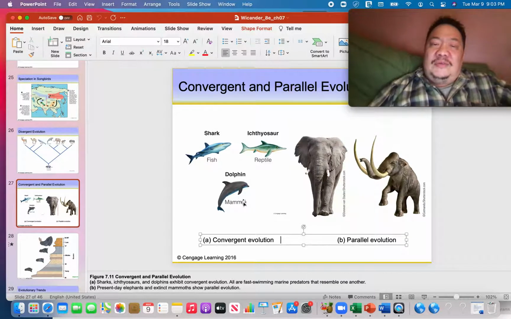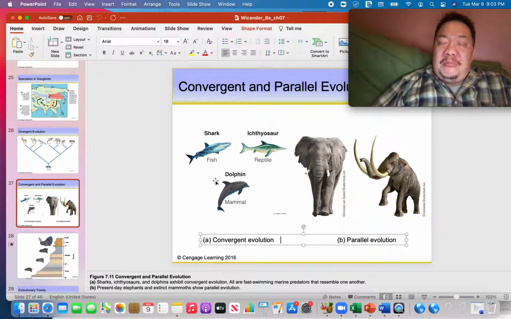So convergent evolution is when you have many much different animals developing the same body shape. Why did this occur? Why did we get this convergent evolution? And the reason why it occurs is because each of these, the shark, the dolphin, and